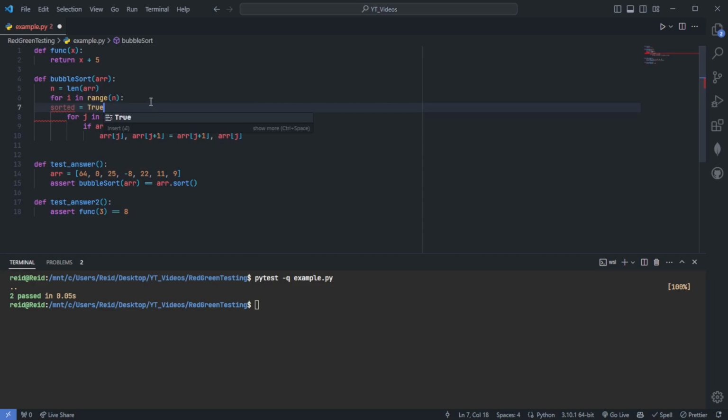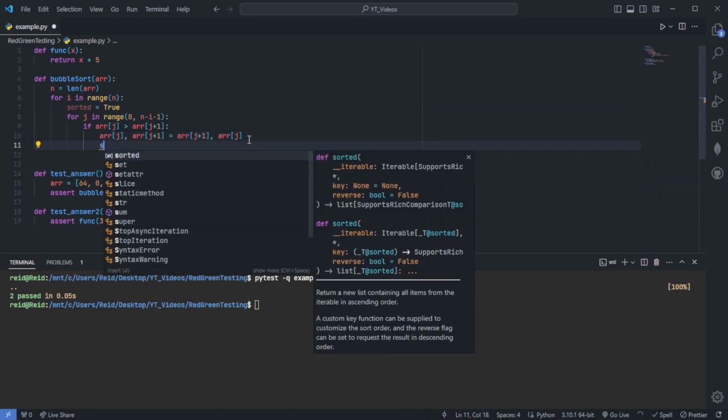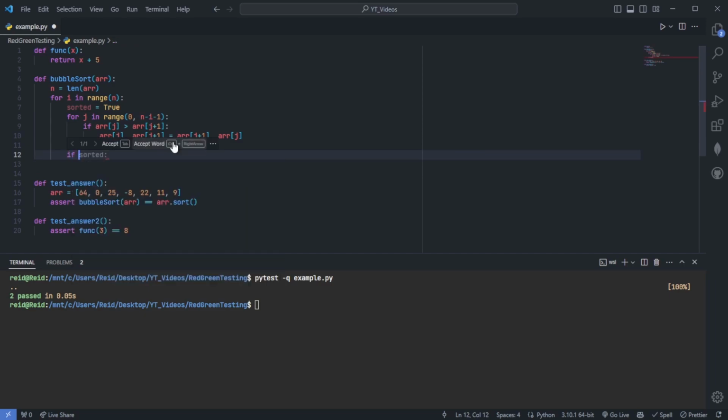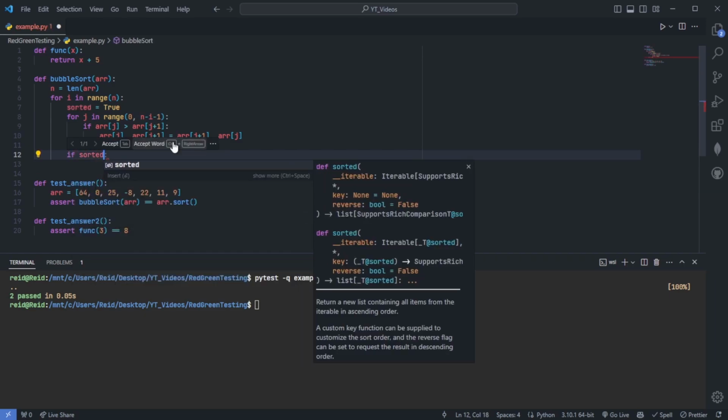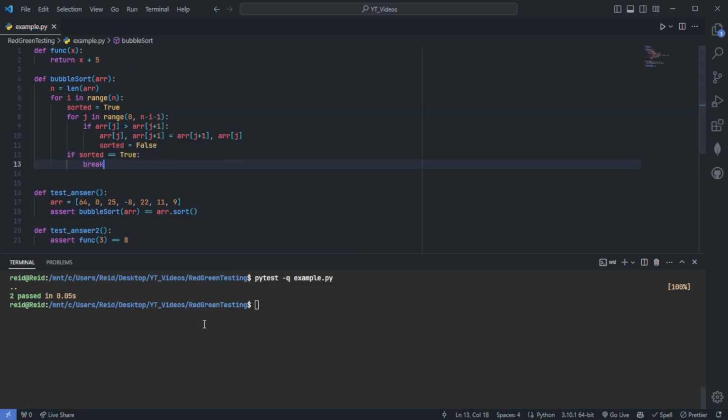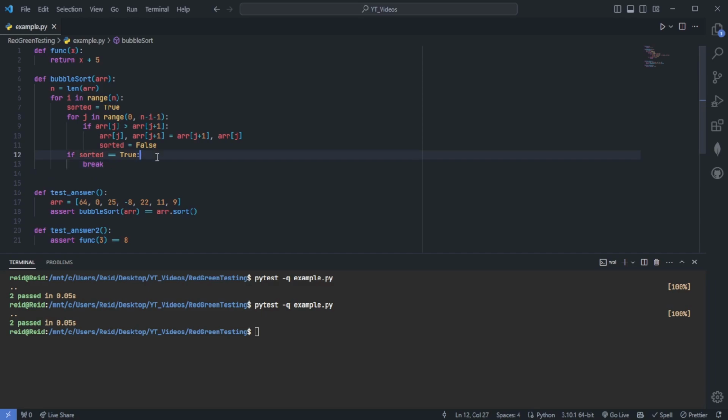We can set this equal to true by default, and now when we go into this for loop, if there's a change, then we know that sorted is false, and we're going to want to keep going and keep checking. But if we get to here, if sorted is true, then we can break out early. And hopefully, yep. So we're not necessarily measuring performance with this test, but we know that these changes that we made